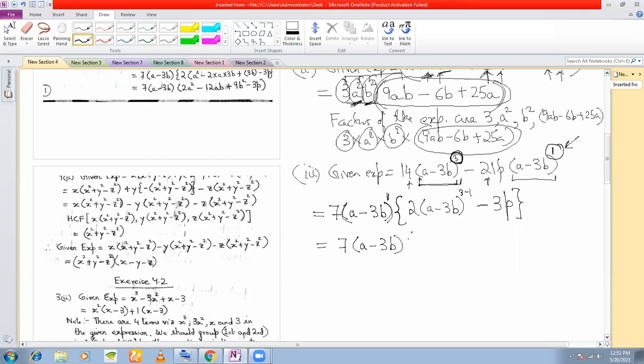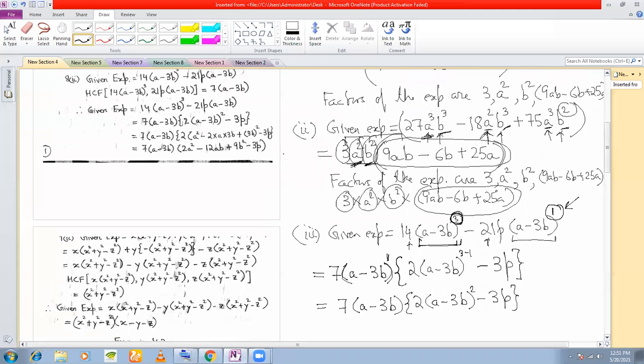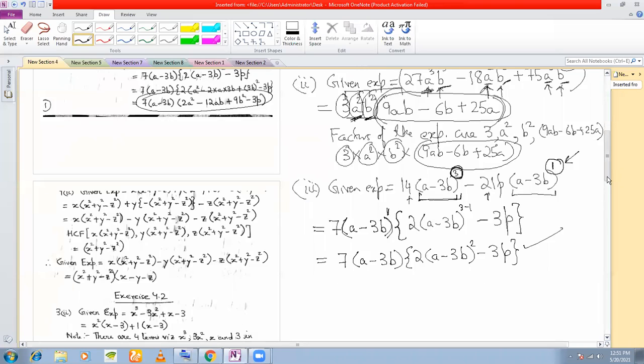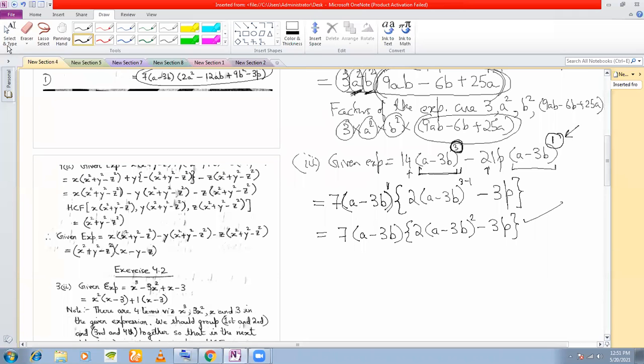So your answer is 3p. Okay. Now you can expand this by the (a minus b) whole square formula as I have done here. And this is the answer that you're going to get. I'm not expanding. But even if you leave your answer here, you'll get full marks. But the point is that you will not get such easy sums. Let us do the next one.